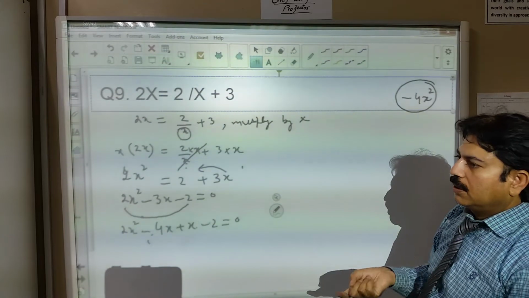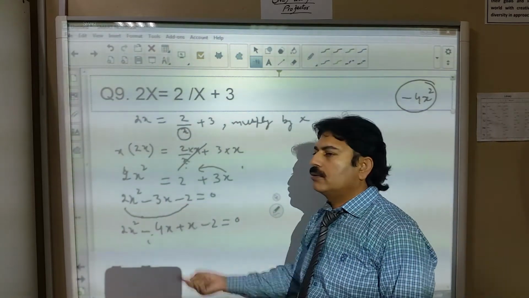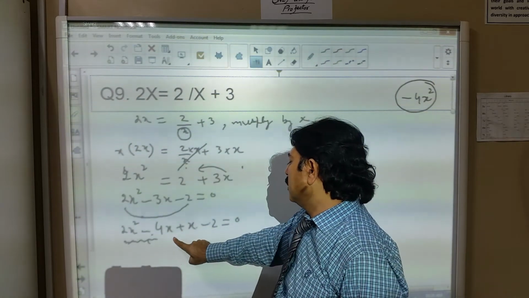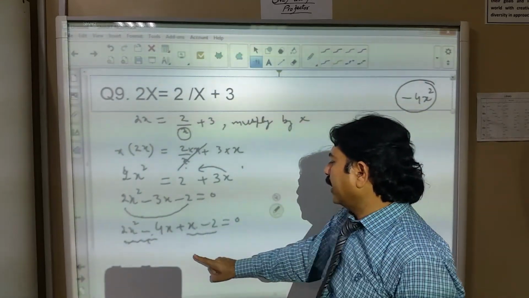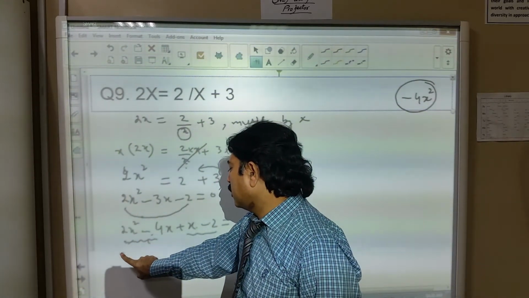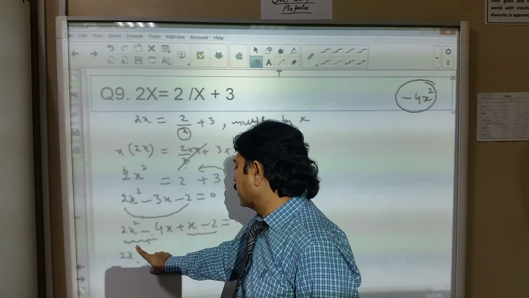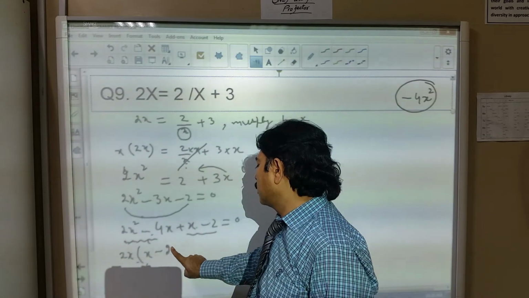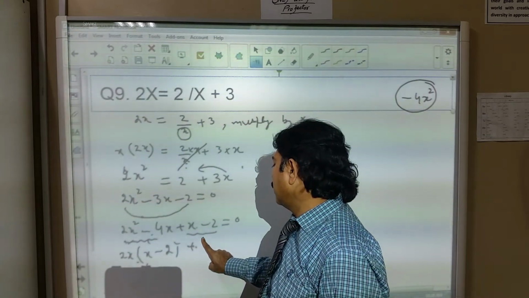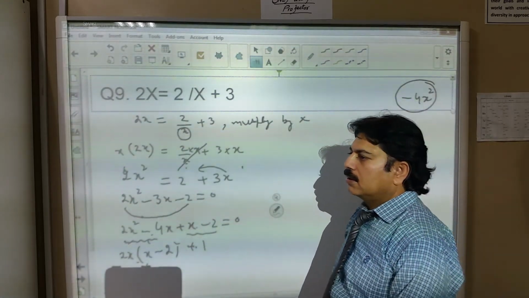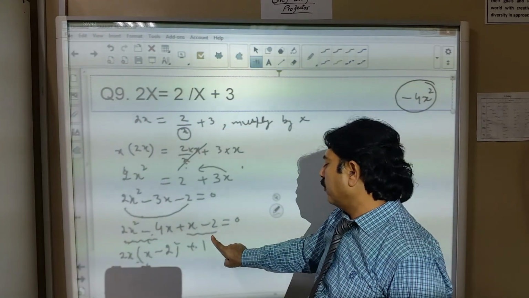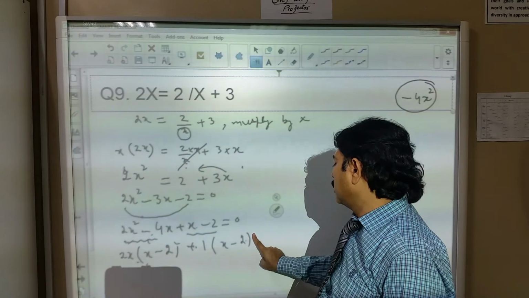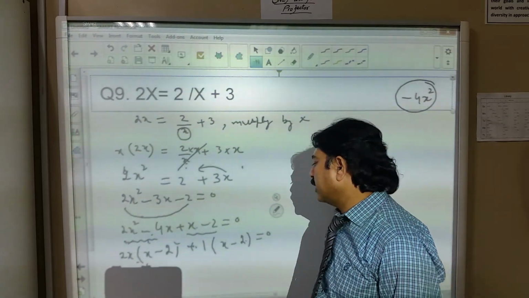But when you add it, it will be equal to minus 3x. From these two terms, 2x is taken outside, 2x is common, so remaining is x minus 2, and then plus 1. If there is nothing common, you will have to write 1x minus 2 is equal to 0. So this means that